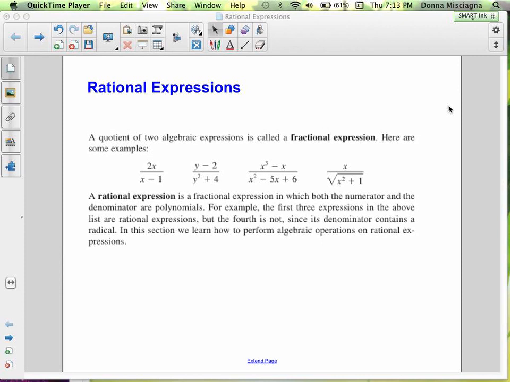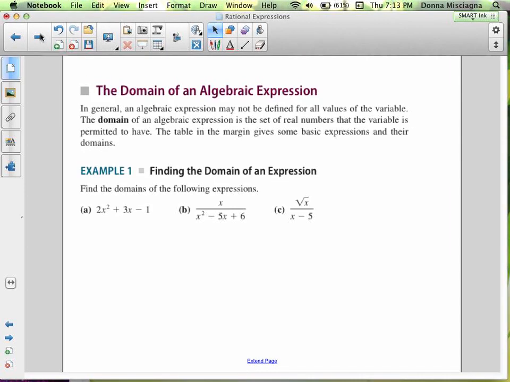In this section, we'll learn how to perform algebraic operations on rational expressions. But first, let's look at domain. In general, an algebraic expression may not be defined for all values of the variable. The domain of an algebraic expression is a set of real numbers that the variable is permitted to have. So some equations have a domain of all real numbers. For instance,